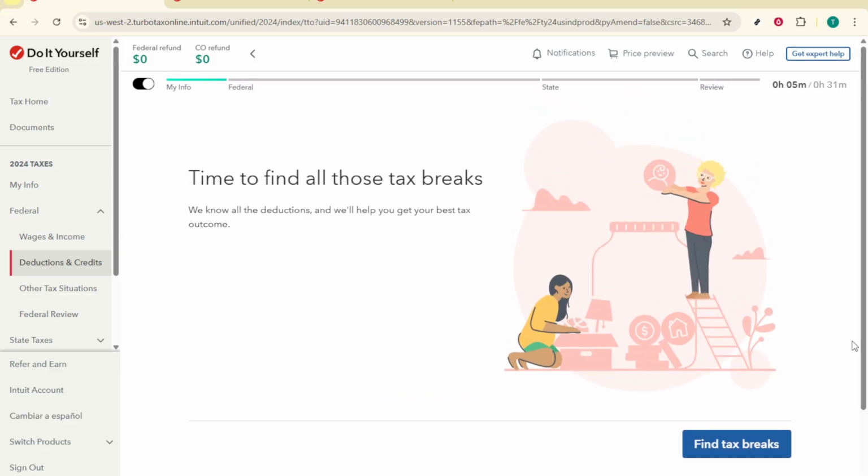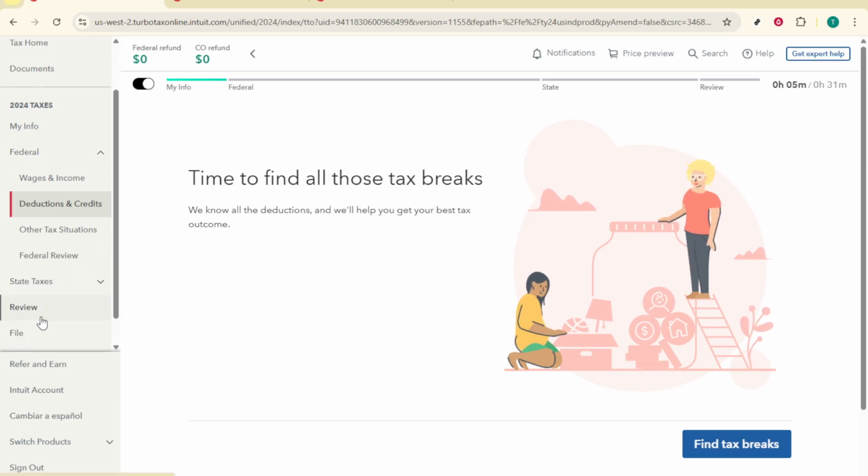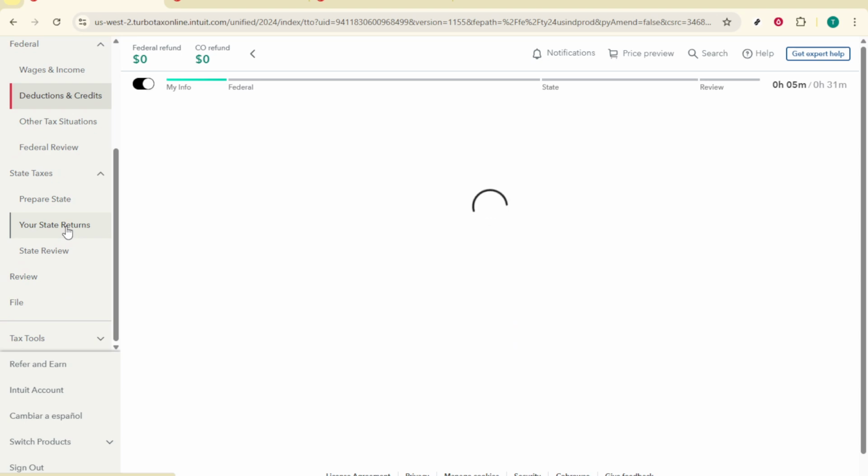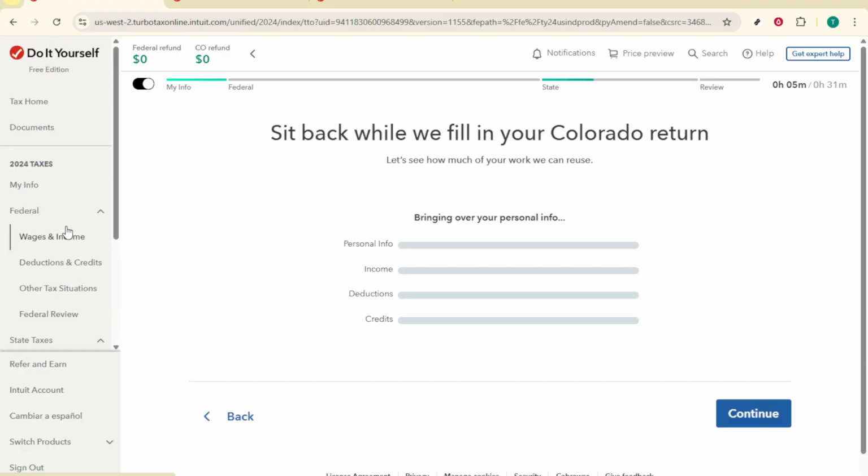A few quick tips as you move through the prompts. Keep your records nearby to avoid estimating, be consistent with how you categorize similar costs, and review the summary screens before moving on. If the software asks follow-up questions, it's typically to ensure you're getting all the deductions you're eligible for. And that's it. By using TurboTax Self-Employed and entering your income and expenses through the guided interview, you'll accurately